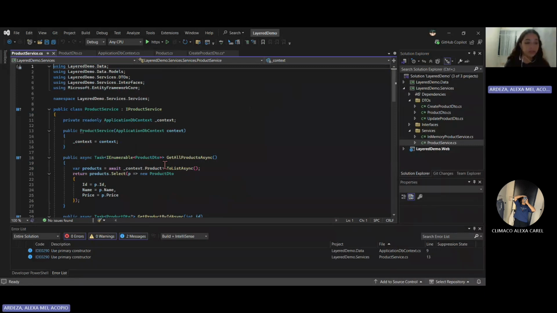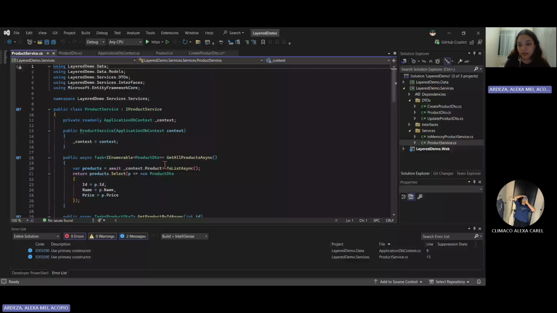That demonstrates dependency inversion and flexibility. To summarize the service layer: DTOs separate internal models from data exposed to the UI, interfaces define consistent contracts, and lastly, multiple implementations improve testability and flexibility.